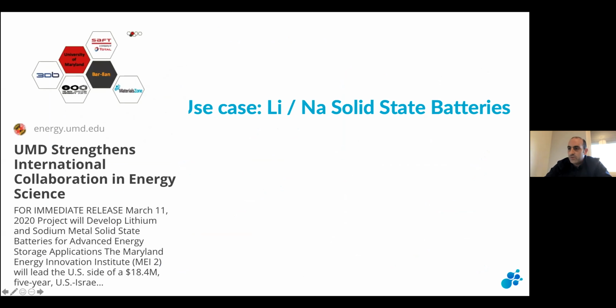Another recent project that we started is a collaboration with Bar-Ilan University, Tel Aviv University, University of Maryland, and a couple of startups, and Assaf, a battery maker, which was purchased by Total. And the story here is a 5 year project on solid state batteries.